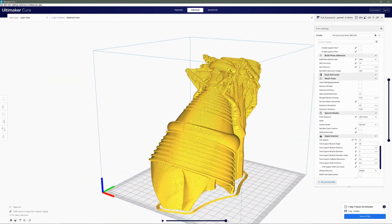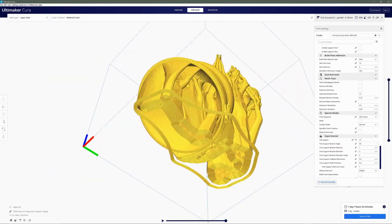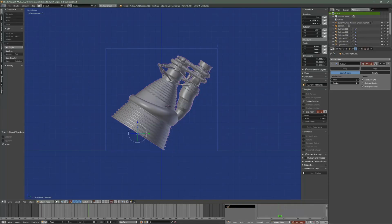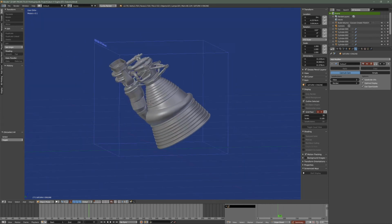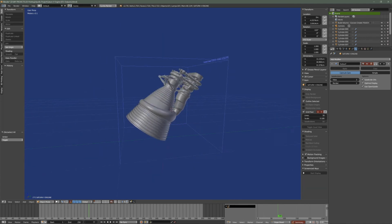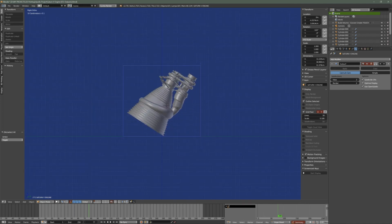I did try it standing up and the support just went everywhere. So when I was in Blender, I just laid it over to about 122 degrees, as you can see here, and I found this was a good compromise, an angle that required the least amount of support. And the tree support in CURA, I think, is going to...